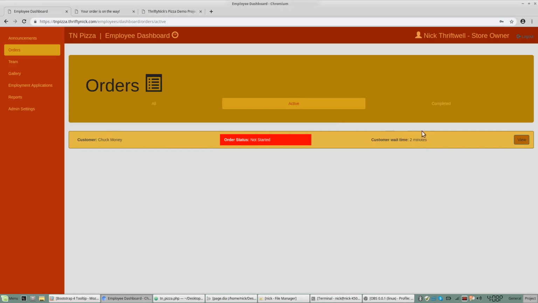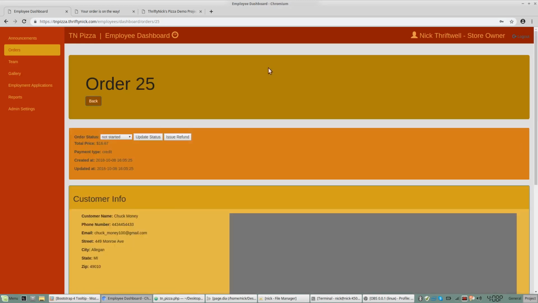I have a little script that runs every 15 seconds, I believe I have it set to, that calculates the wait time for all the orders. So if you have a big long list, this automatically updates as well. So you can see it just did. It said 2 minutes, now it says 3 minutes. Okay. Now when you go to view, you can view the order,